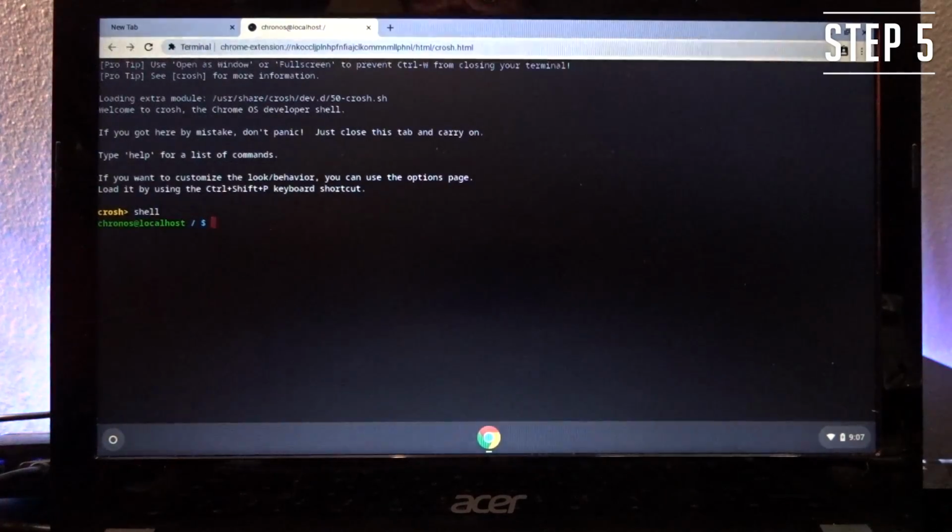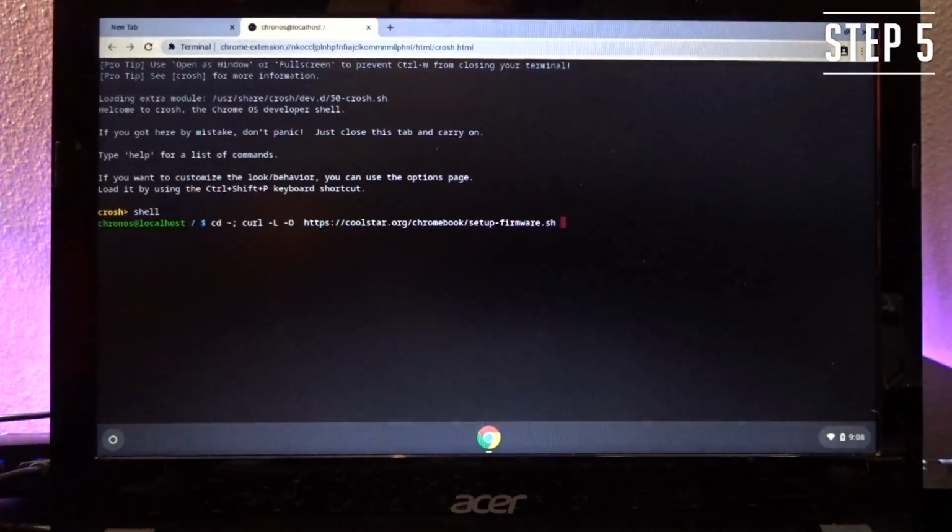So the next thing we're going to do is actually download a shell script, and then we're going to execute it. But we're going to do all of that with one command. And that command is cd, space, tilde, not dash, not minus, not hyphen, it's tilde, semicolon, curl minus capital L minus capital O, https://coolstar.org/setup-firmware.sh, and we'll do ampersand, space, sudo bash